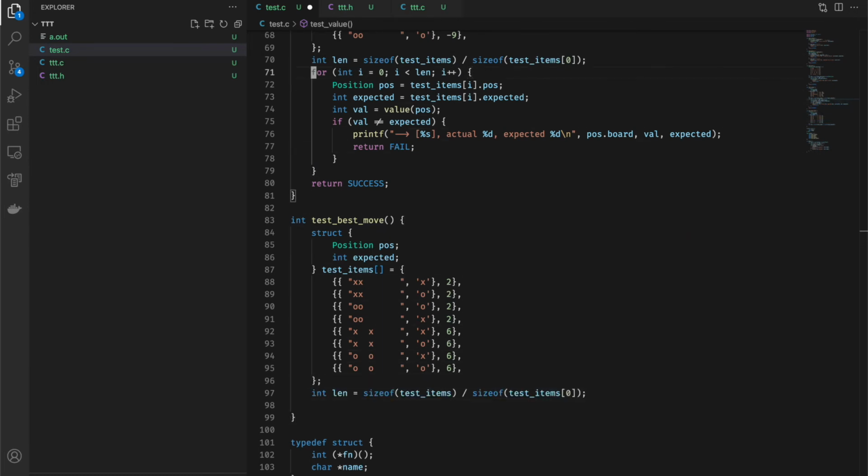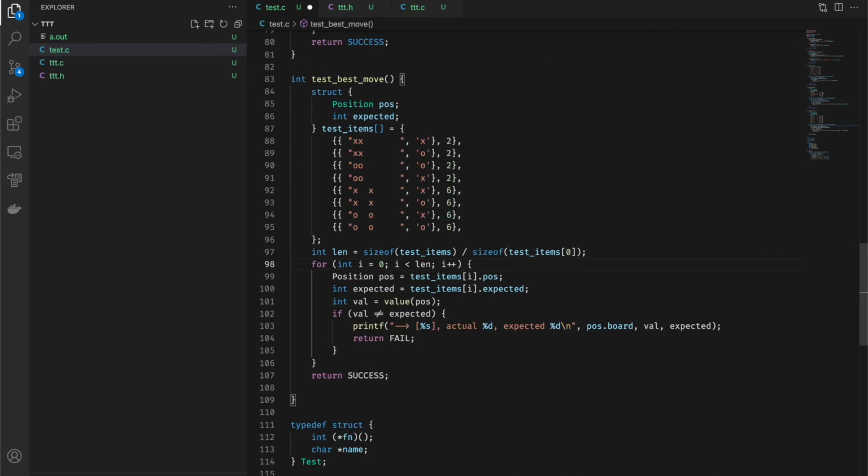I might as well get the success as well. The good thing about having structures like this is that once you have a good structure, you can apply it to other places in the code. All right, so